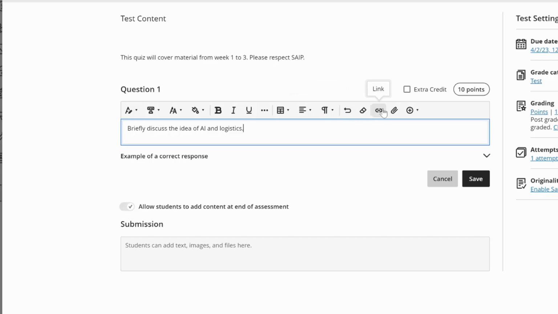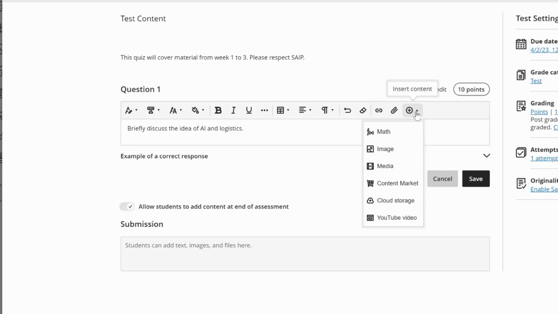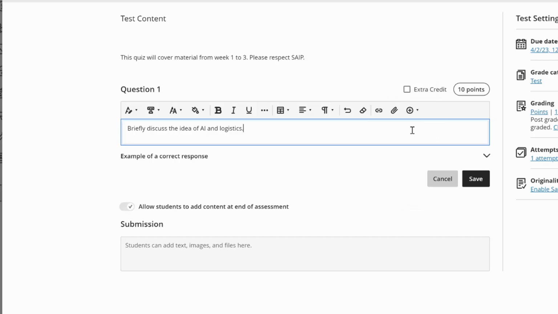And I could link. So if I had a link to something that a student needs to see to do the question, I could put a link, a web link, I could attach files, and I could put rich media. And again, for my previous video, you probably want to go through cloud storage, okay? So now,